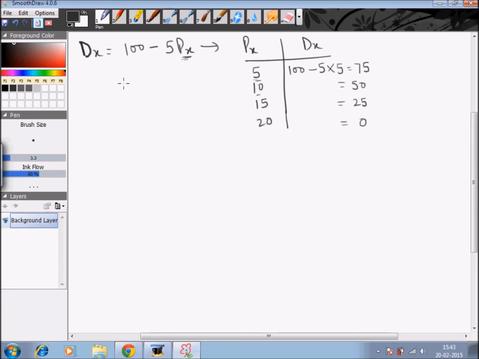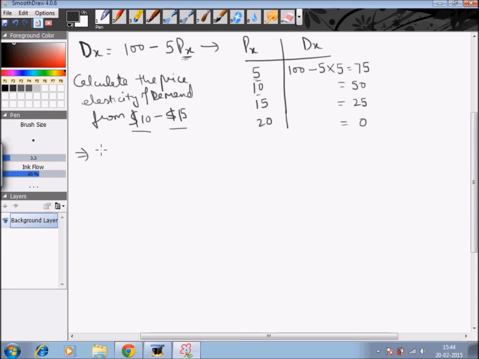Now what you have to do is calculate the price elasticity of demand for an increase in price from $10 to $15. Now how do we calculate this? Revising the equation,